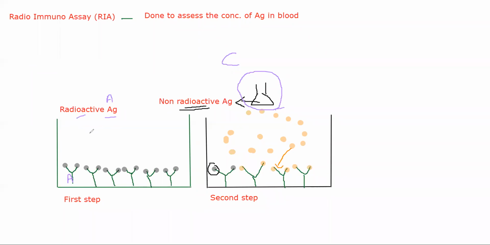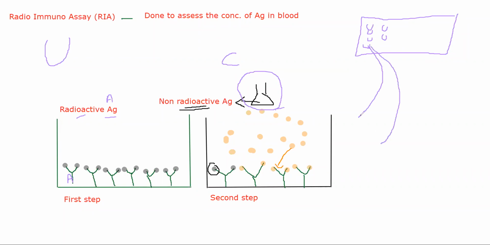Now what do I do with this radioactive antigen in the sample? I will take a small micro titer plate. Okay, in this plate I will have small wells. So if you look closely, those wells will look like this. Okay, you will have small 96 wells in this plate. So if I maximize on one of those wells,